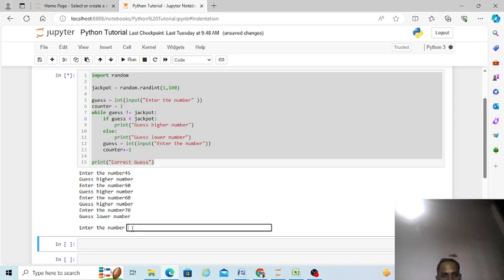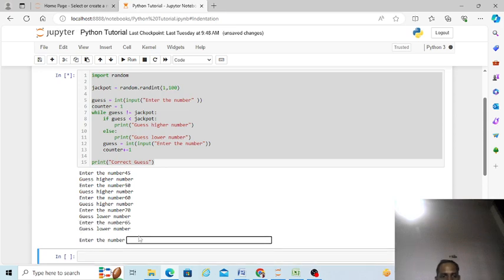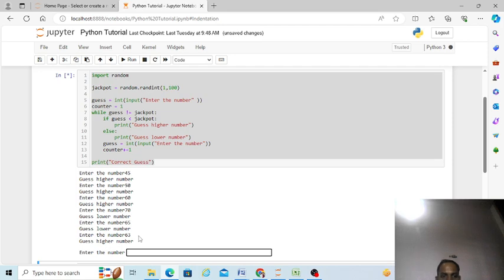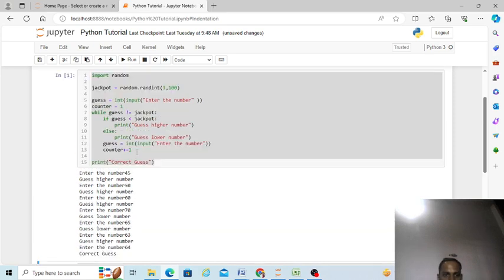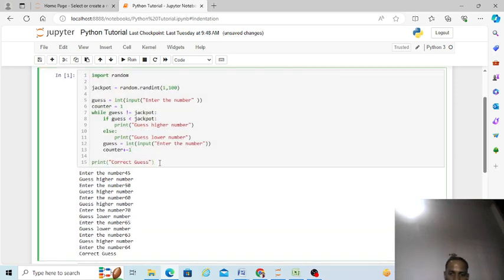Now the number is between 60 and 70. So we will put 65. Guess lower number. So we will put 63. Guess higher number. That means the right number is 64. So it says correct guess, and we have to also print here